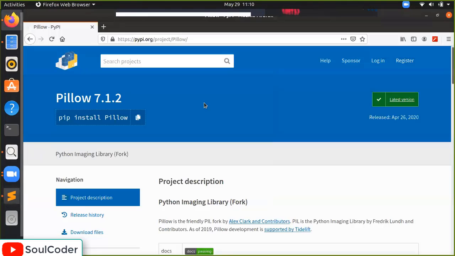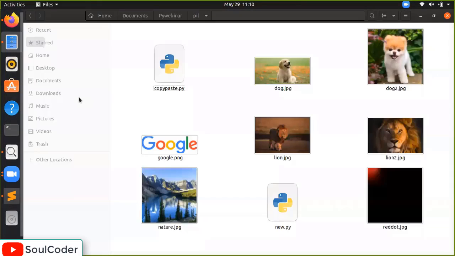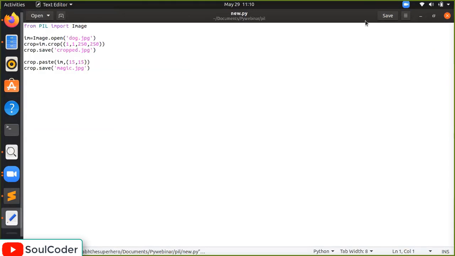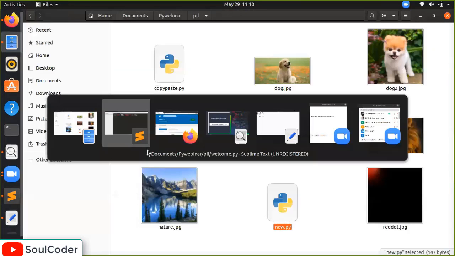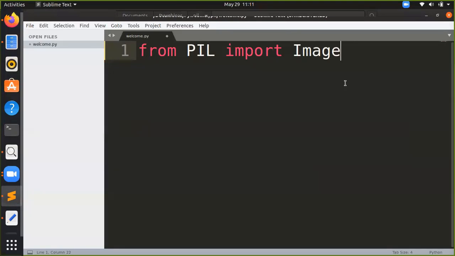Let's see what exactly it does. For example, if I have some presets of code, like I have written here: from PIL import Image. Wait, just a little error. You have to write Image here, and I will run this part of code